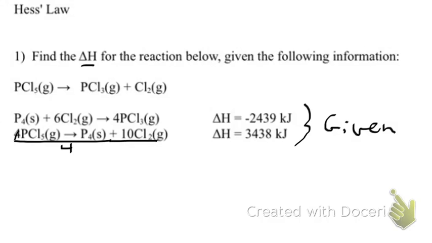So when we divide it by 4, and I'm going to keep them in order, we're going to have PCl5 turning into 1/4 P4. Don't let that trip you up. It's going to get canceled out. More than likely we'll always end up with whole numbers in the end, so don't let that 1/4 mess with you. Plus, this 10 divided by 4 is going to be 5 halves